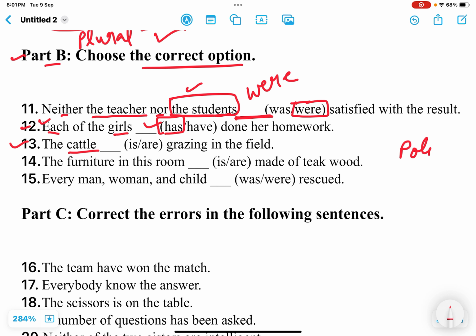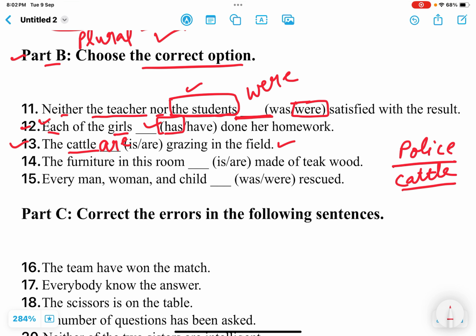Like police, cattle is also plural. This is not referring to a single animal, but it is referring to a group of animals. Okay, a group of cows or a group of buffaloes like this. So, the cattle are grazing in the field. Okay, the cattle are grazing, and cattles, that is wrong. Never use cattles. Suppose you are referring to more than one animal, then also the word cattle is used. Okay, so the cattle are grazing in the field.